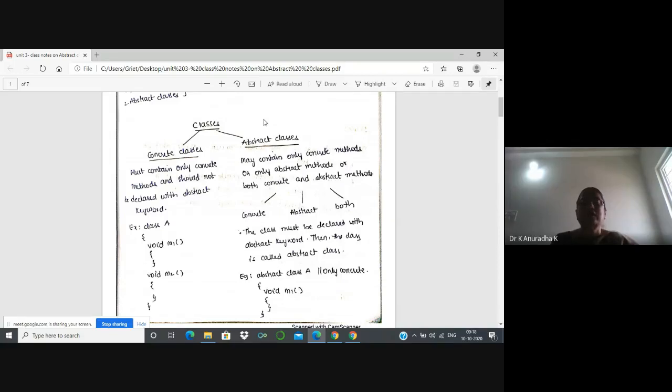Till now we have written Java programs using classes. Now we are discussing abstract classes. After discussing abstract classes, we will discuss interfaces. Once you understand these 3 concepts, then you can write any number of programs on your own using classes, abstract classes, and interfaces.